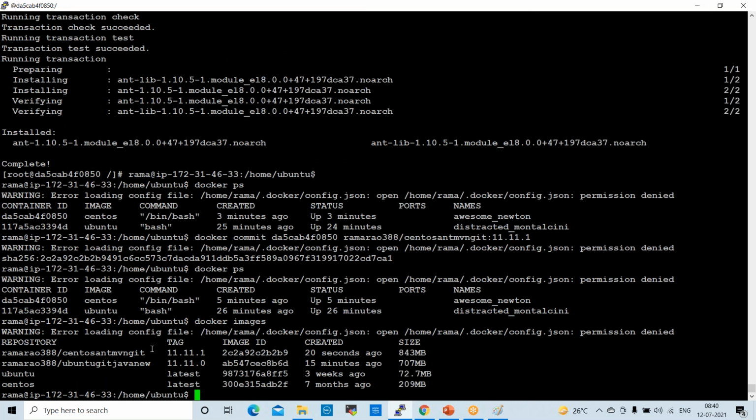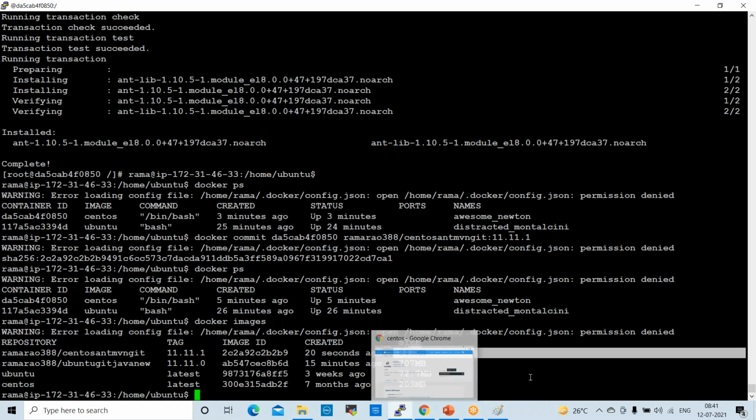See here, the CentOS image with Git, Maven, and Ant is only 843 MB. So it's a lightweight environment, a lightweight image. Now we can push this image to Docker Hub.